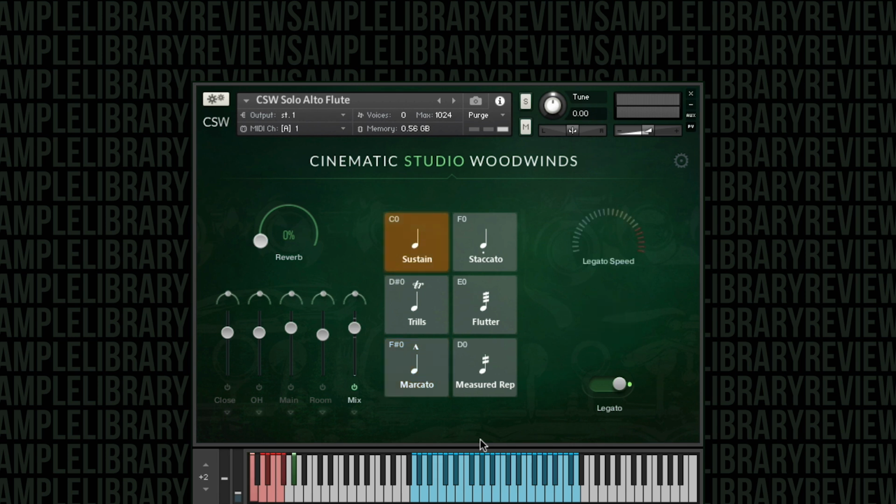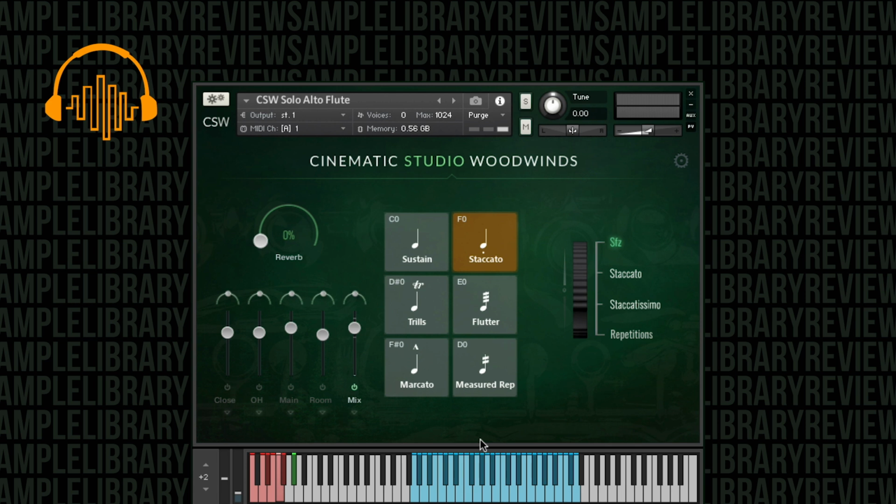Similarly, we can have the same for the sustains here. So if we go to a hard press and a soft press, it takes us between either having a fully sustained or just legato. And in much the same way, we have the same for the staccato as well. A harder press, and the lower velocities then will take it down all the way to repetitions, which can be useful